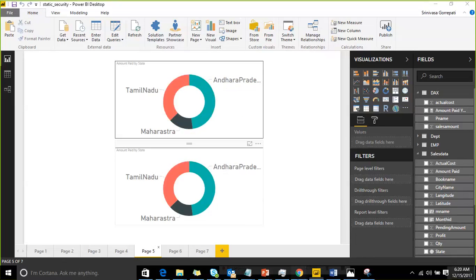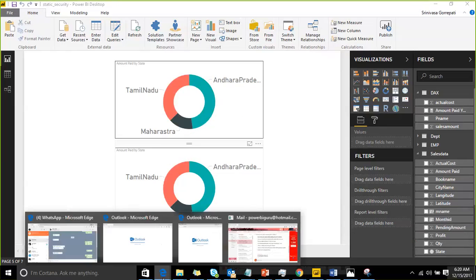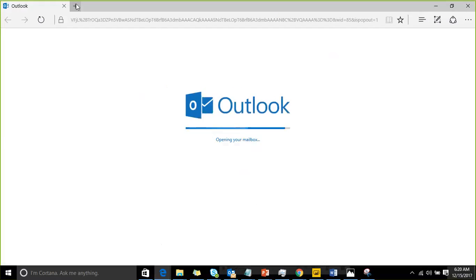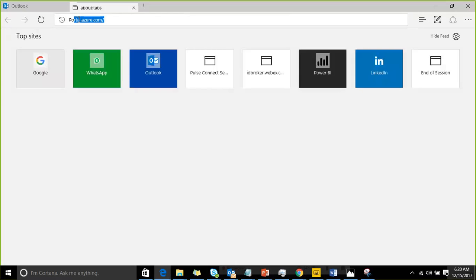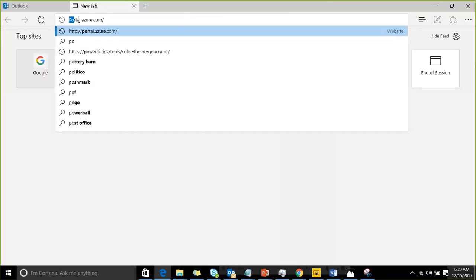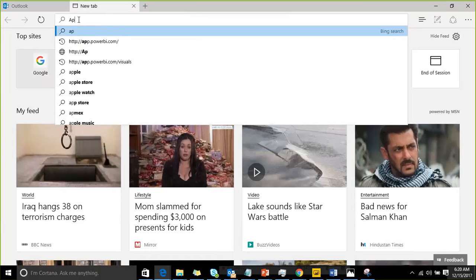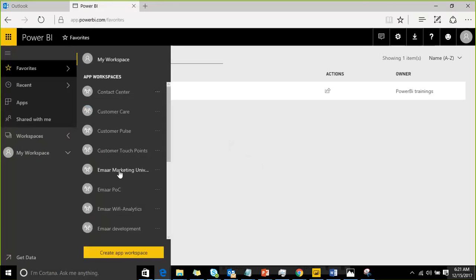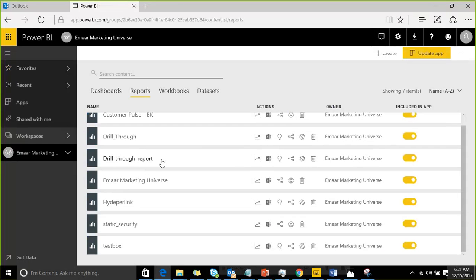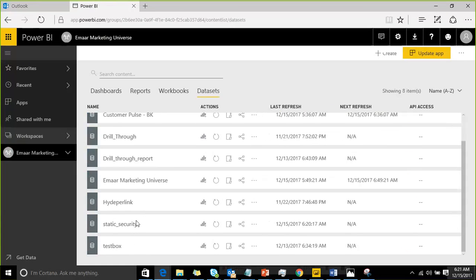Got success. So I published the static security report, and now where you can check is, as part of the static security dataset, you have a Security option.